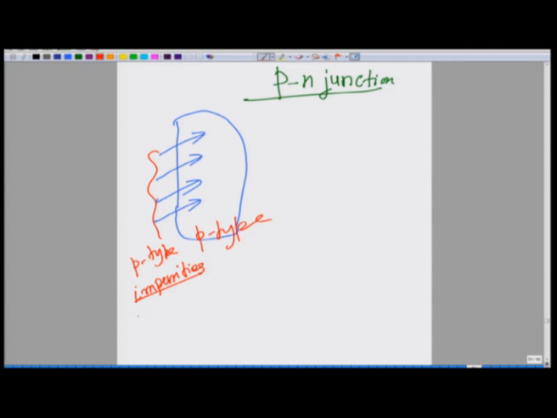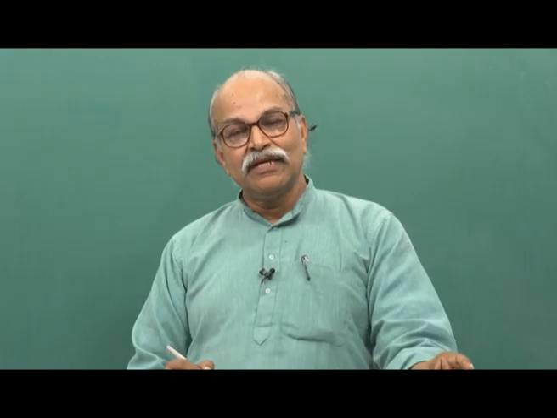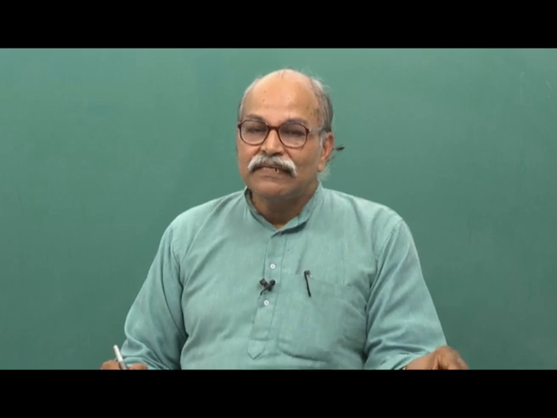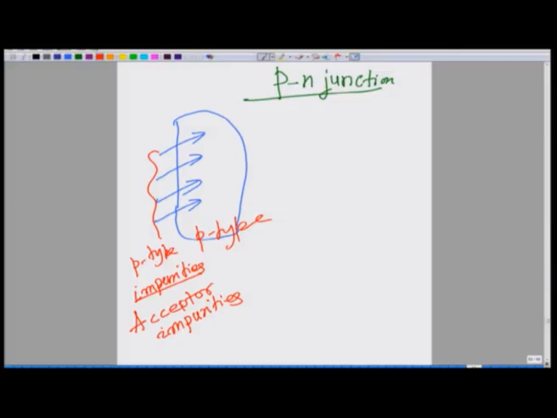Or they are also known, remember, as acceptor impurities. So, by putting these acceptor impurities, if you are working with silicon, by putting trivalent impurities, you make this whole thing p type. And once you have done that, now you have a material,